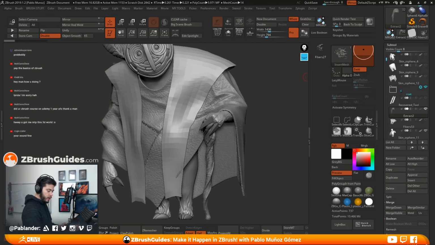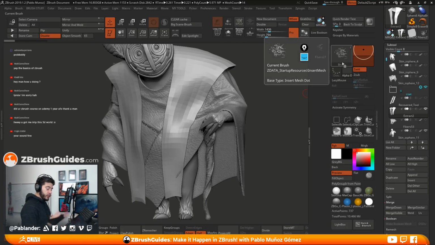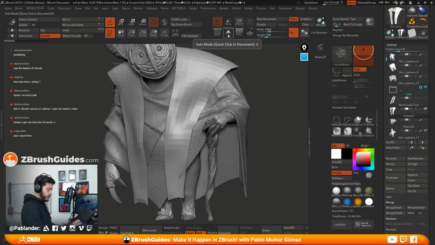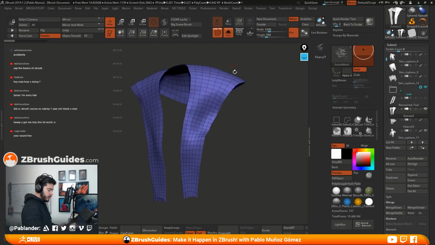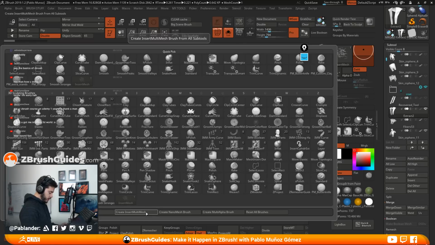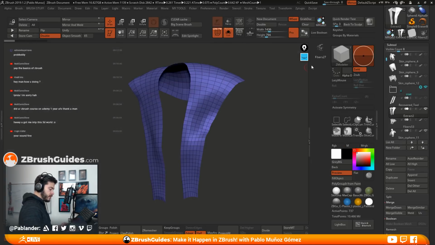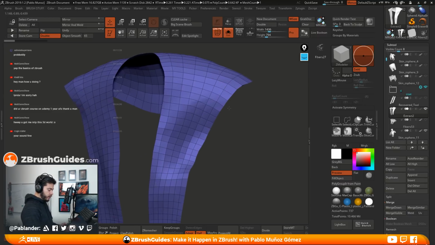So where were we? Right, so we have the insert mesh. Let's go ahead and create that, turn that into a nanomesh so we can apply it to this mesh right here, which I'm actually going to put into solo mode so it's faster. And I'm going to turn our current brush, our fluff, into a create nanomesh brush. Cool. So now this is a nanomesh brush, and the reason I know that is because we have the insert mesh that we created here, but the icon changes to this cube, which is a similar brush. So if I hover over any of these faces,